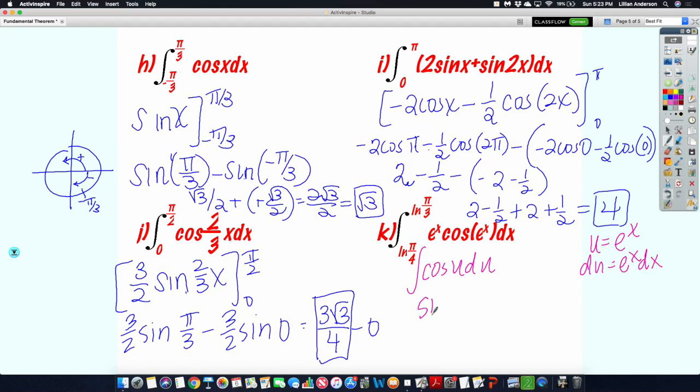So this becomes sine of u that we're going to evaluate from ln pi over 4 to ln pi over 3. But instead of putting u, I'm going to go ahead and plug in that value, which was e to the x. So this becomes sine e to the ln pi over 3,